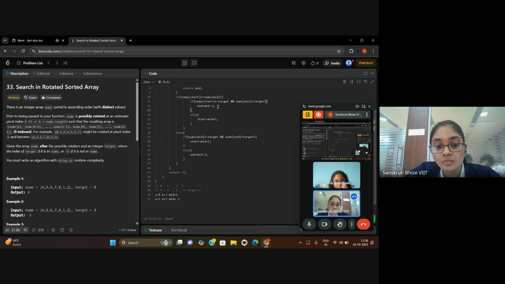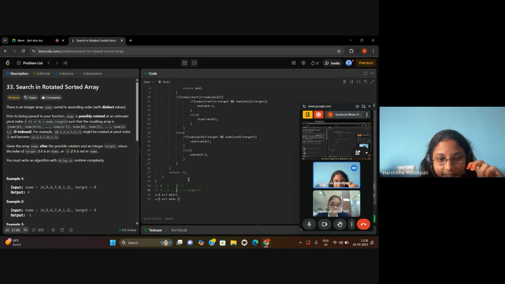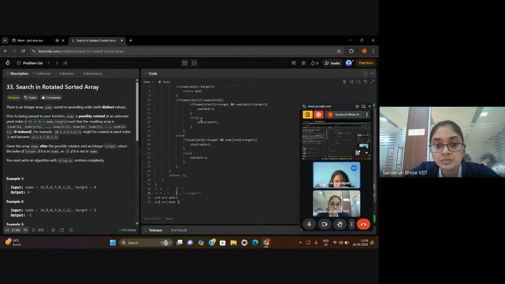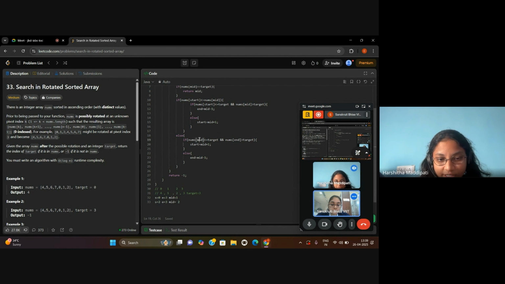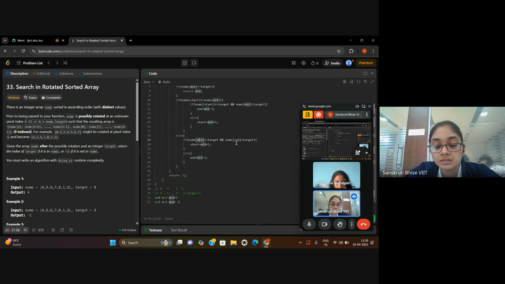So we will be shifting to the second part, right? It's nums of mid less than or equal to target. It is this condition, and for that we will set my start to mid plus 1, which will be 3.